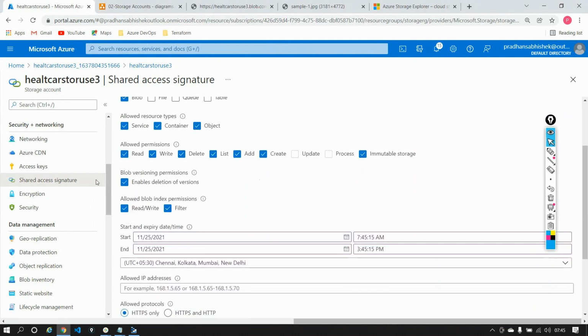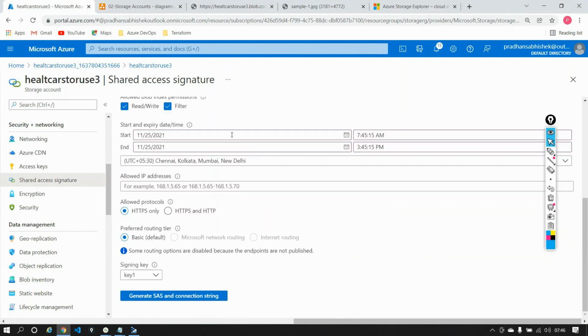And this is important, guys. It's telling what permissions you want to grant to a user who's using this particular connection string. I'll say it's just read. I don't want him to write, delete, and so on. So no write, no delete, no add, no create. It's just read and not even the immutable blob. We'll see what immutable storage is again. So read and list. These are the only two permissions that I want him to have, whoever is using it. And I can come here again, set up a start and an end time, and also give the IP address here. So this is a more secure way of sharing things.